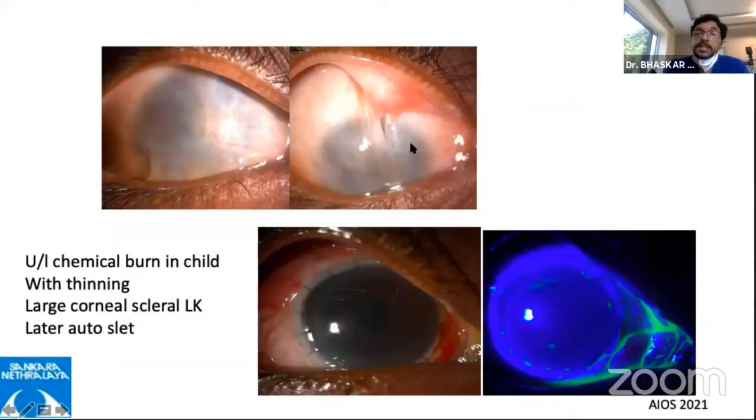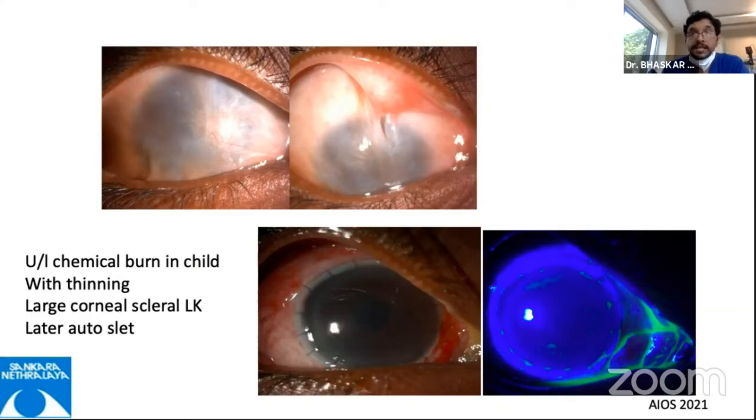Again, when you're dealing with these eyes in the chronic phase and you have to plan for a stem cell transplant, you need to know what is the thickness of the cornea under the scar. So if you have an OCT, get an OCT done to measure the corneal thickness, and get an OCT done to measure the pannus thickness. Because if the underlying cornea is thin, you might actually have to combine a large corneoscleral graft, which will take care of the limbus also. Subsequently, you can always do an autoSLET in about a month or 2 months or 3 months whenever the allogenic limbus starts failing.